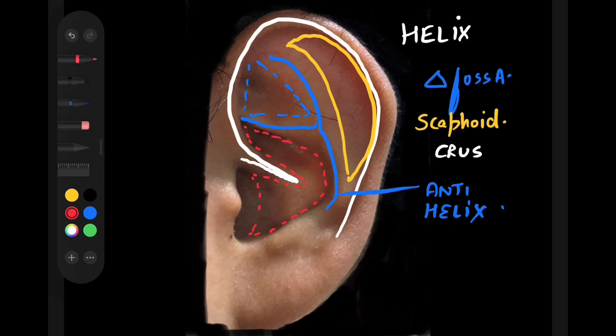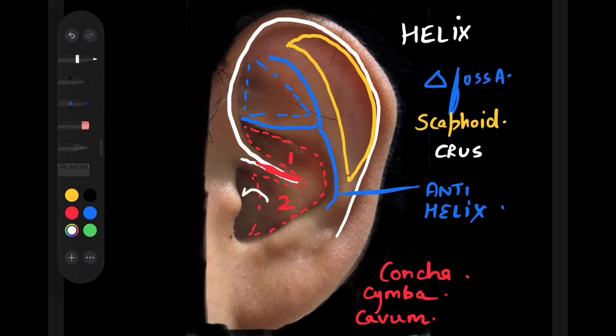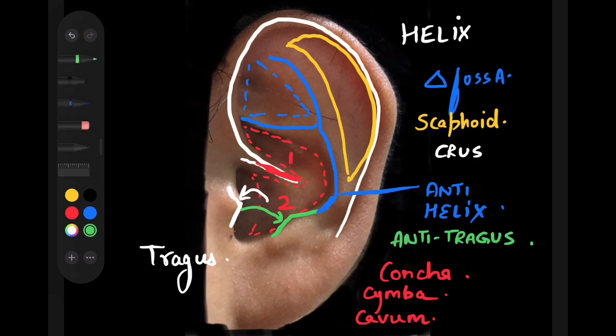Now coming to the bigger depression which is guarding the opening of the external auditory canal, it is called the concha. Now as you can see, this concha has been divided into two parts by this crus, which is the crus of the helix. The first upper or smaller part is called the cymba concha, and the other one which is below and is larger is called the cavum concha. Now if you look exactly opposite to this concha, across the external auditory meatus, there's one triangular projection called the tragus. Just opposite to the tragus, anti-parallel to it, one more projection is there, called the antitragus. Now this antitragus is actually in continuation with the antihelix. So this was about the cartilage.